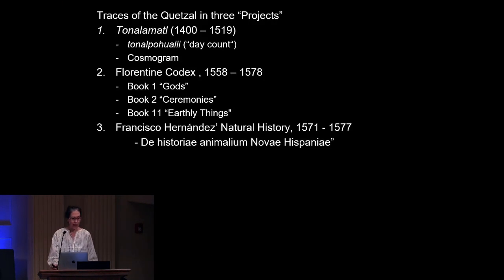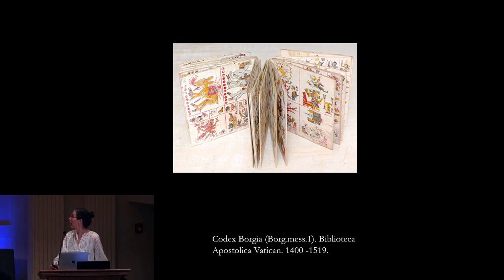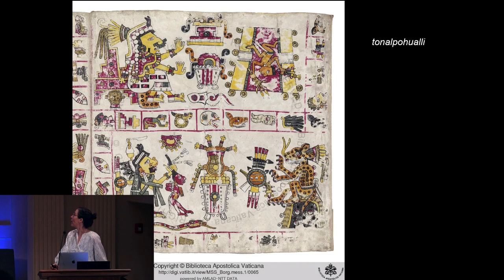Okay, so the Tonalamatl is the Nahuatl term for what we sometimes refer to as codices. These were composed of either deer hide skin or amate paper in this screenfold accordion style. And they had a number of different functions. One of them was as a tonalpohualli, which means the count of days, and would be used as divinatory almanacs. And here it's showing a portion that shows a 13-day period that the Spanish labeled as a trecena.